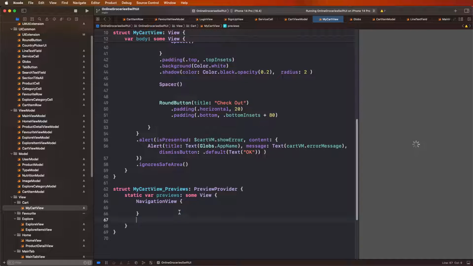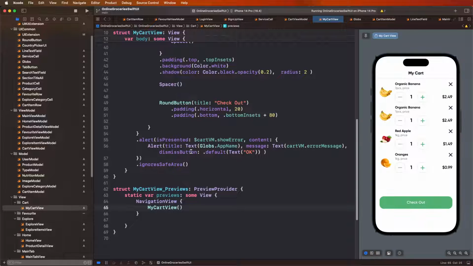Content and value. Now we need to do this UI, and now we need to try to